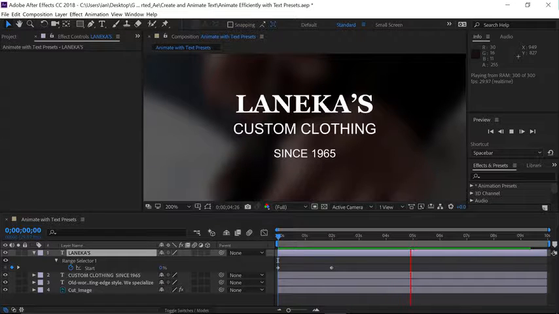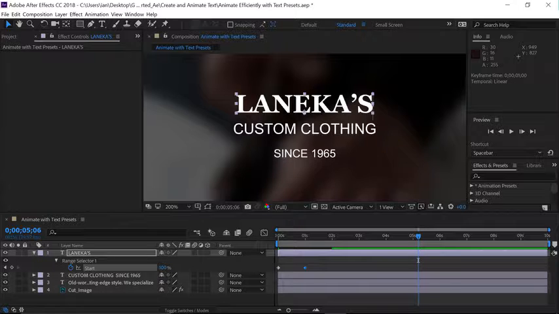I'm going to press the spacebar to stop playback, and you'll notice we have 2 keyframes here to create the animation. Let's make this shorter by clicking on the right keyframe and dragging it to the left in the timeline. Keep a close eye on the info panel in the upper right corner of the interface to see exactly where you're dropping that keyframe. I'll have this animate over the first second, so I'll stop it right when it gets